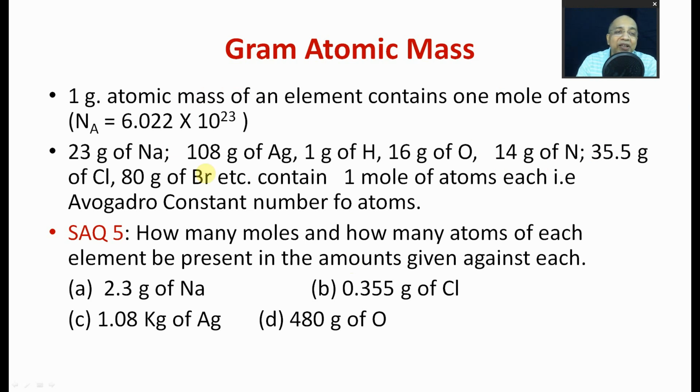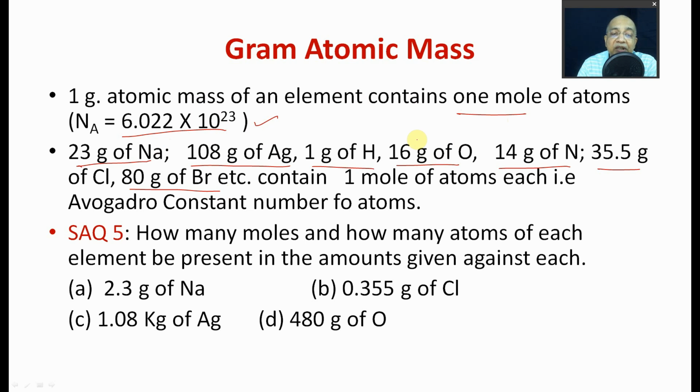1 mole number wise is this, we have already discussed, the Avogadro's constant. And we also know that it is not due to Avogadro this number came, but it was named after Avogadro. So 1 mole, supposing 23 grams of sodium, 108 grams of silver, 1 gram of hydrogen, 16 gram of oxygen, 14 gram of nitrogen, 35.5 gram of chlorine, 80 gram of bromine, they contain the same 1 mole of atoms. This many more number, this many one number, but 1 mole of atoms is present in 1 gram atomic mass